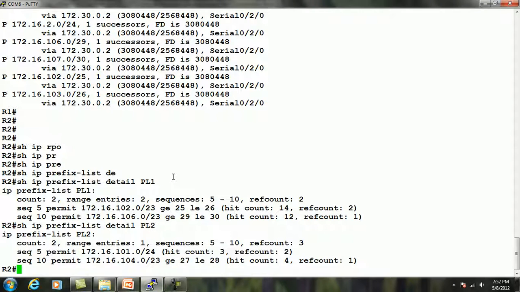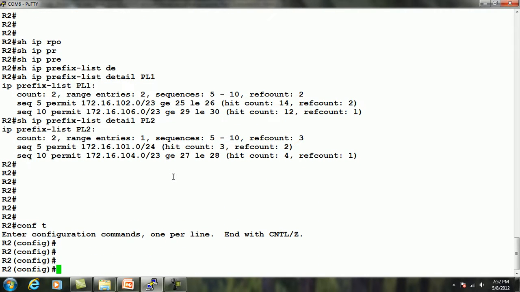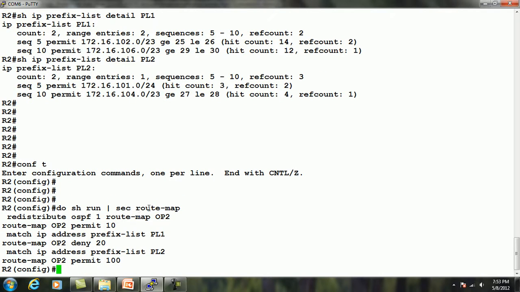Again we have to make it blank entirely. We'll remove all the routes, correct? Understanding? I will say here do show run | section, the separator. The output of this show run is given as an input to this command section. Okay, and I'll show you this syntax: what is starting with route-map. See, show run, here is a separator actually. So the output of this is taken as an input to this command section. So show me only the section which has the route-map command, correct? So I have to just put now here no